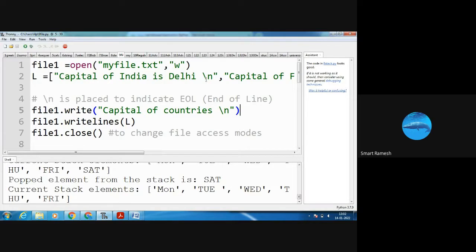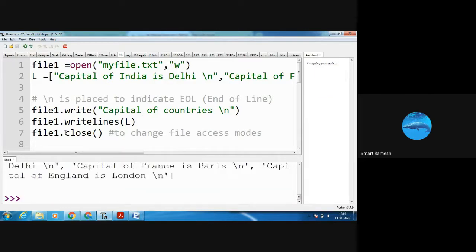Next, file 1 dot write. I am going to write the content. What is my file? myfile.txt. If myfile.txt is already there, we are going to override the content. Capital of countries, that is what I have written in myfile.txt.